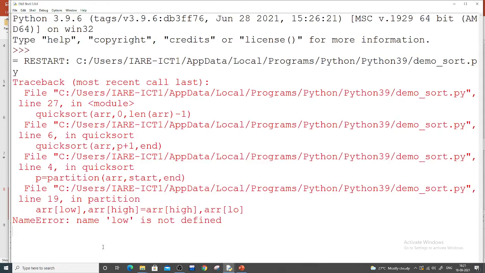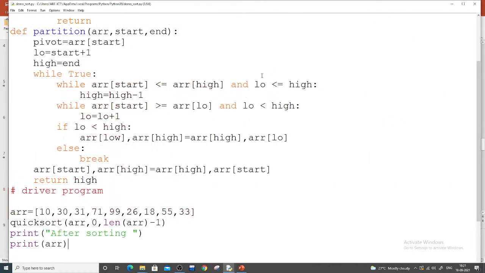F5. Yeah. Low is not defined, so the naming is somewhat different. So I think I again use low, or you can write even W instead of low.